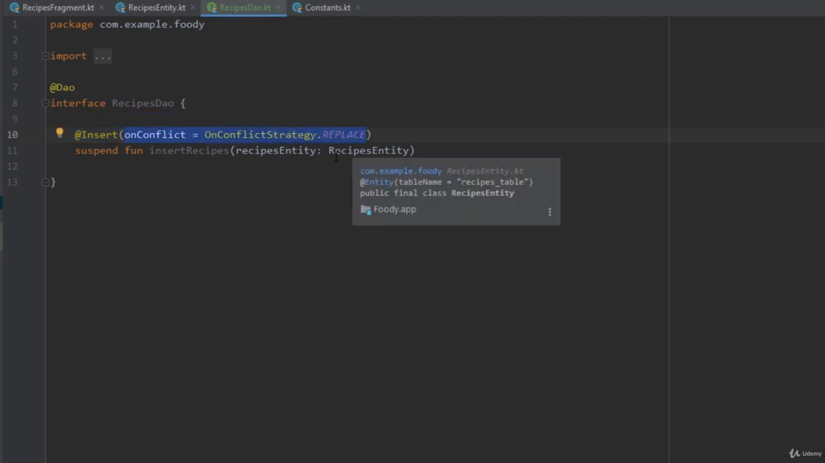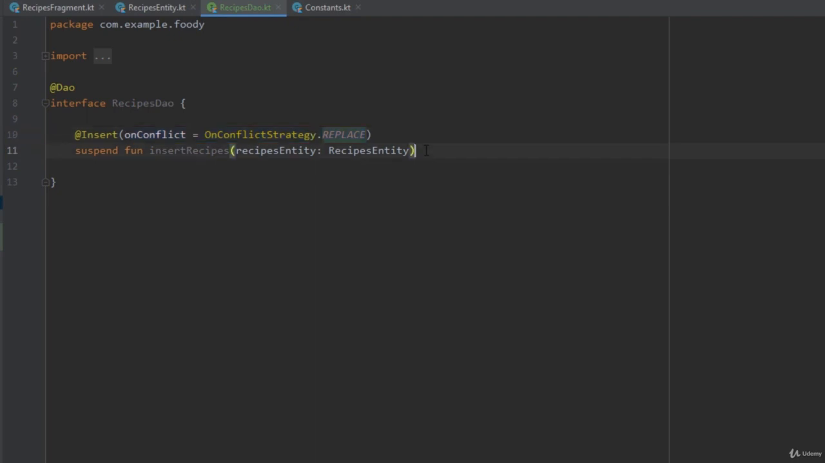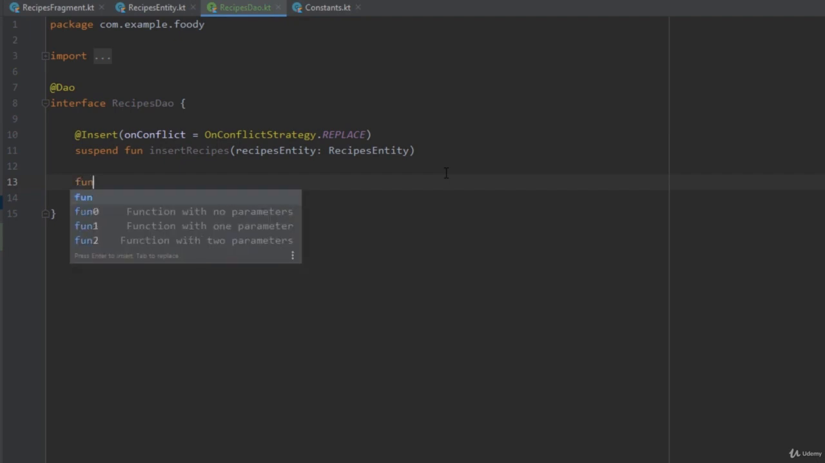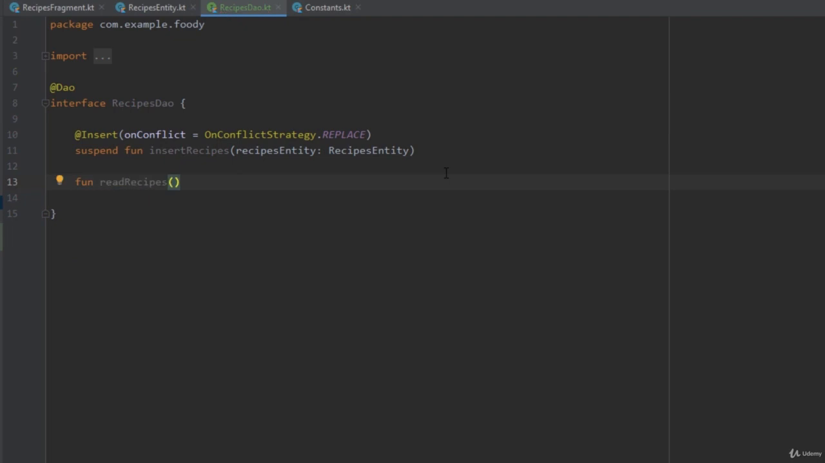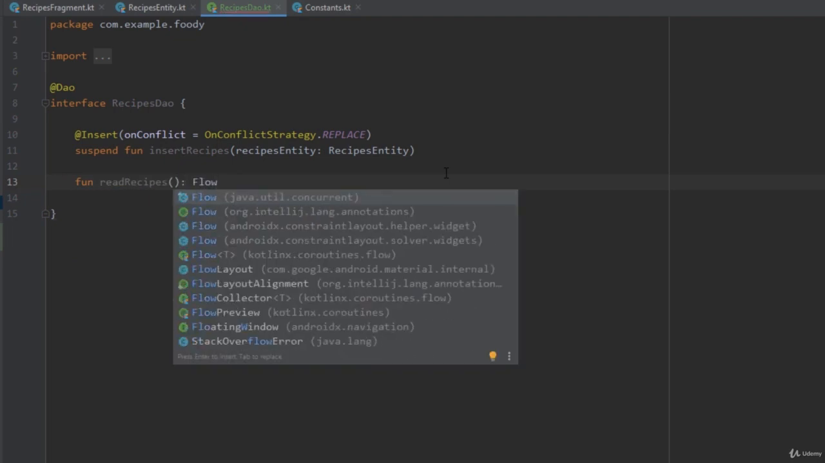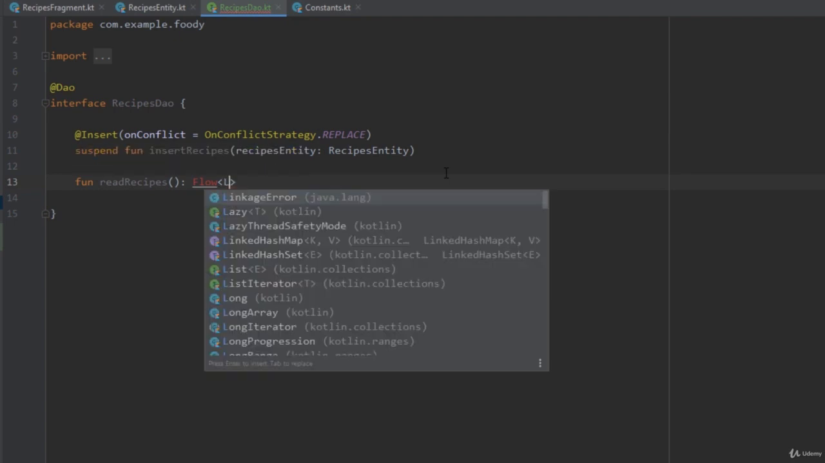So our database table will basically have the newest recipes in the database every time we request new data from the API. Okay, and the second query will be for reading our recipes from a database table. So I'm going to create a new function here named read recipes, and the return type of this function will be a flow. And inside the flow we're going to wrap a list